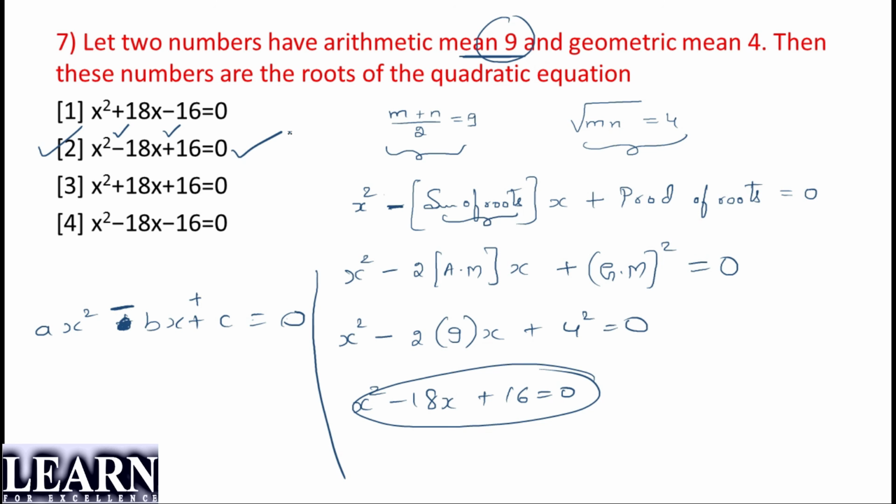Clear guys, it's up to you. If we have different numbers, we can go with this method to find out the actual answer. If we know the actual concept and if they have given similar values with different signs, we can just go with this. Clear guys? Okay, then we'll go to the last question.